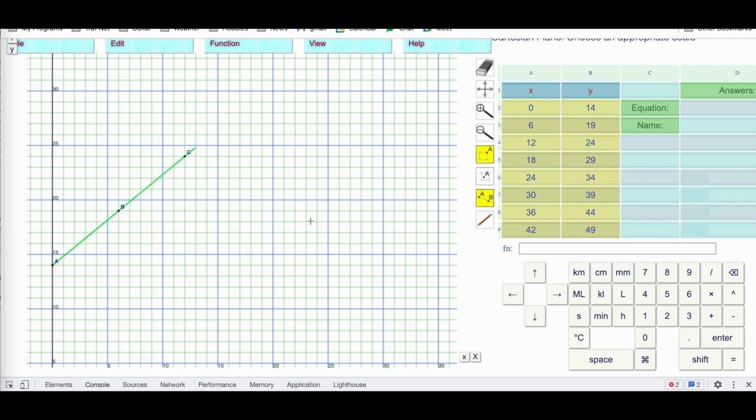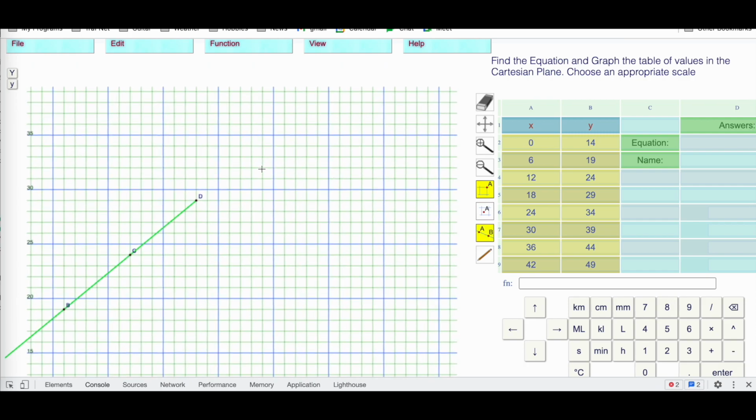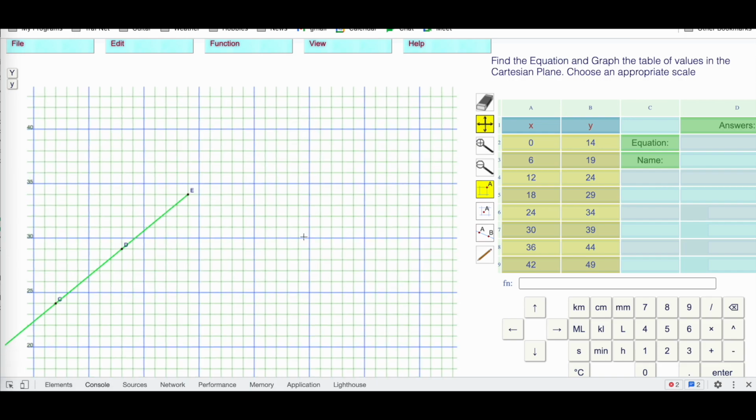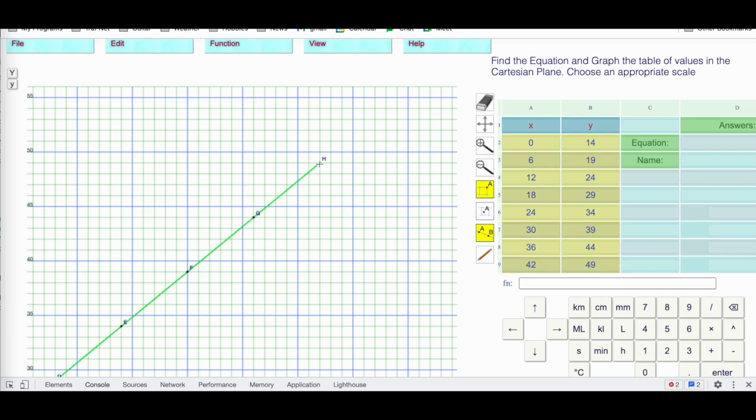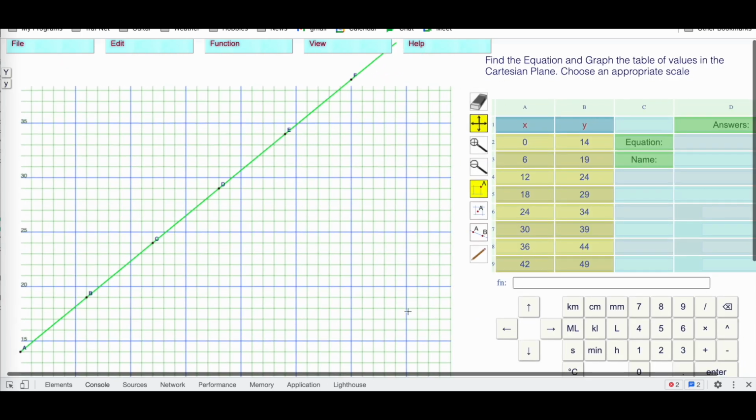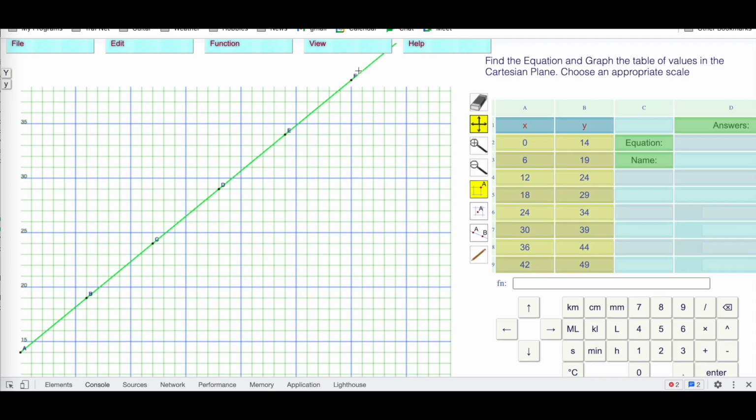We have 18 and 29, 24, 34, 30, 39. There's 39 right there. 36, 44. 42, 49. If I bring it to where we start, notice it's not on the graph in the y direction,